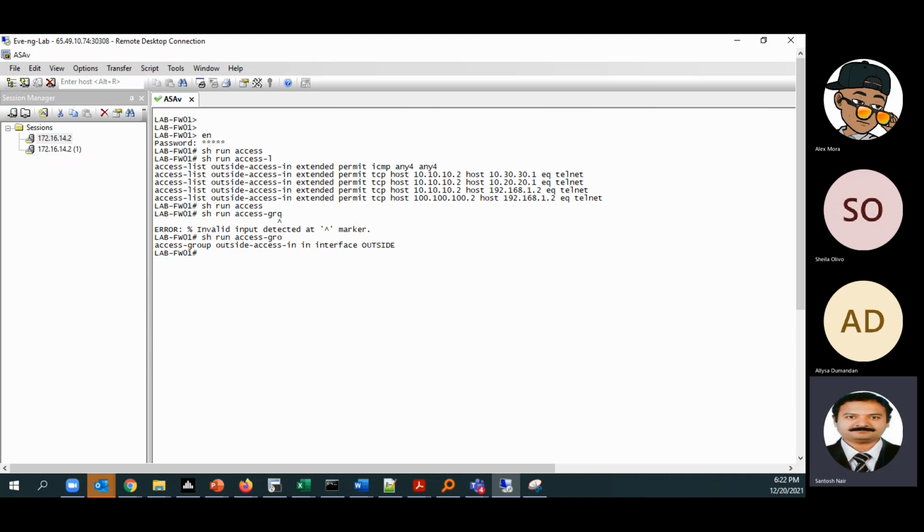Okay, so first of all, we'll create the access list. We'll bind the access list to an access group. And what are we implementing on the interface, the access list? We are implementing the access group actually, right? So we will use the command access-group to implement that access list on the interface, and it is always given in the in direction.